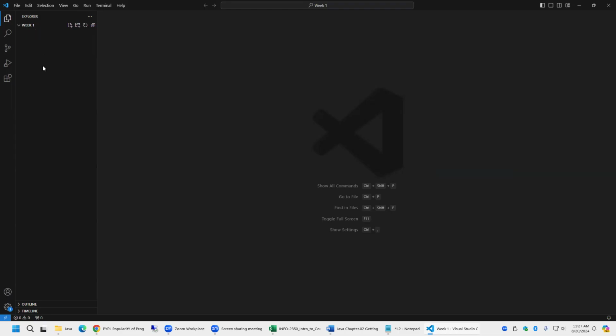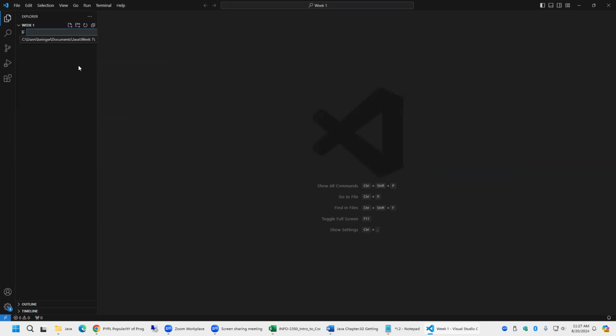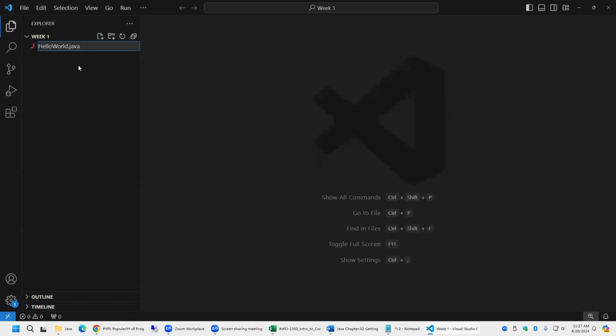All right, so you can click up here, new file. You can right click, new file. And we're going to name this according to the Java convention, which I think is called Hungarian case. Anyway, it's capital lowercase, then capital lowercase dot java. Java is the extension for the source file for a Java